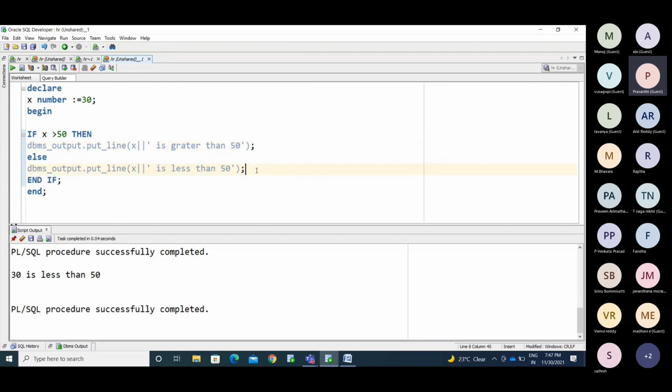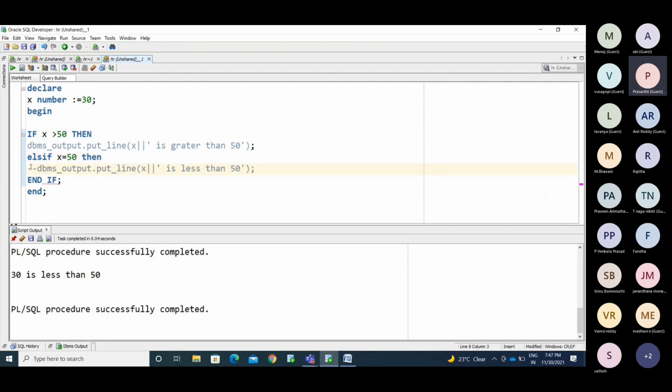Now we have another way, like else if. Else if x equal to 50, then I'm putting this in the comment.